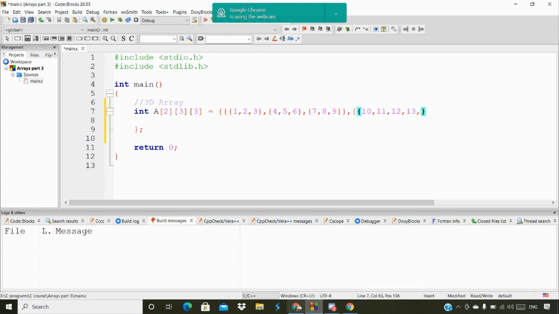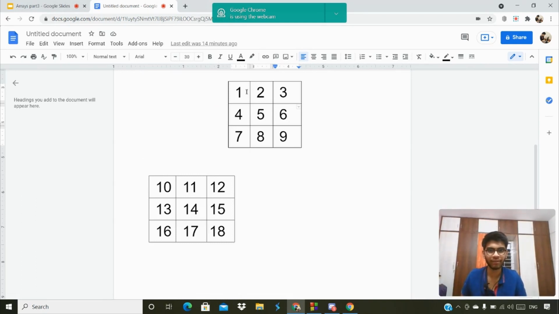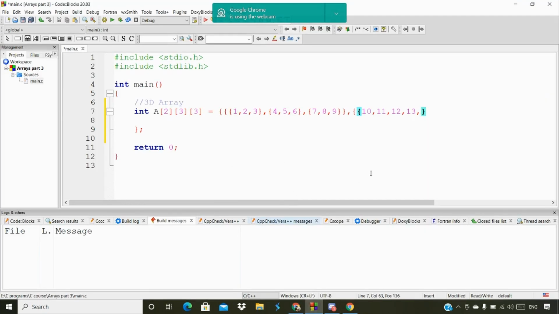So we have created two tables, right? We mention the two tables' values here, 13, 14, 15, then 17 and 18. So this is the initialization for the three-dimensional array.